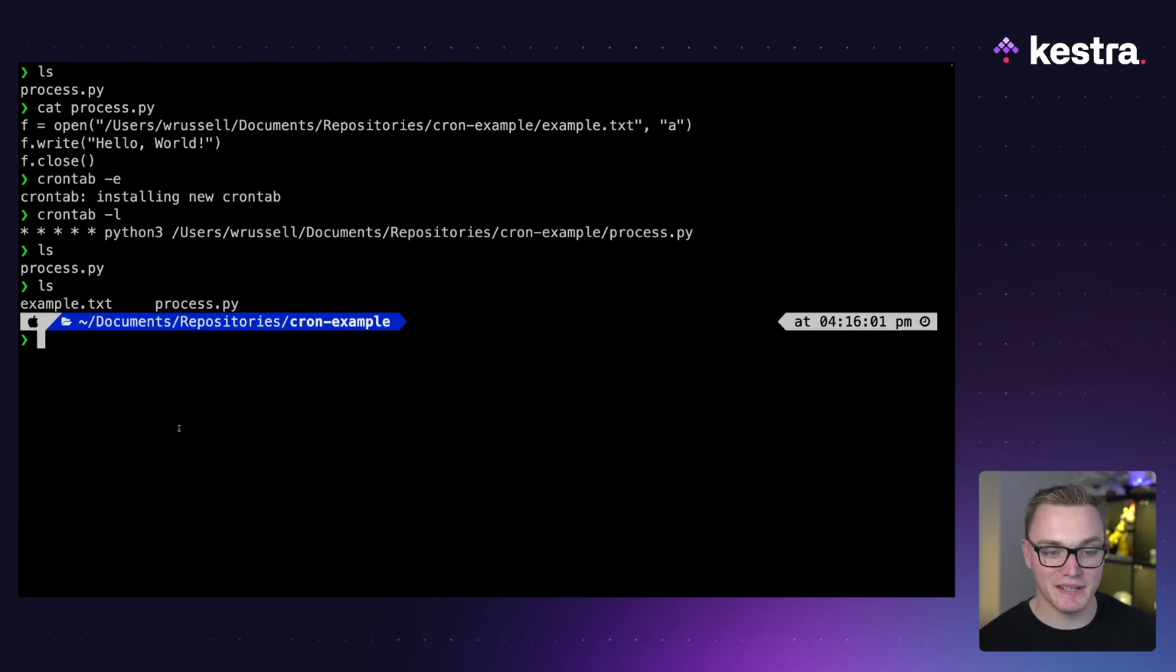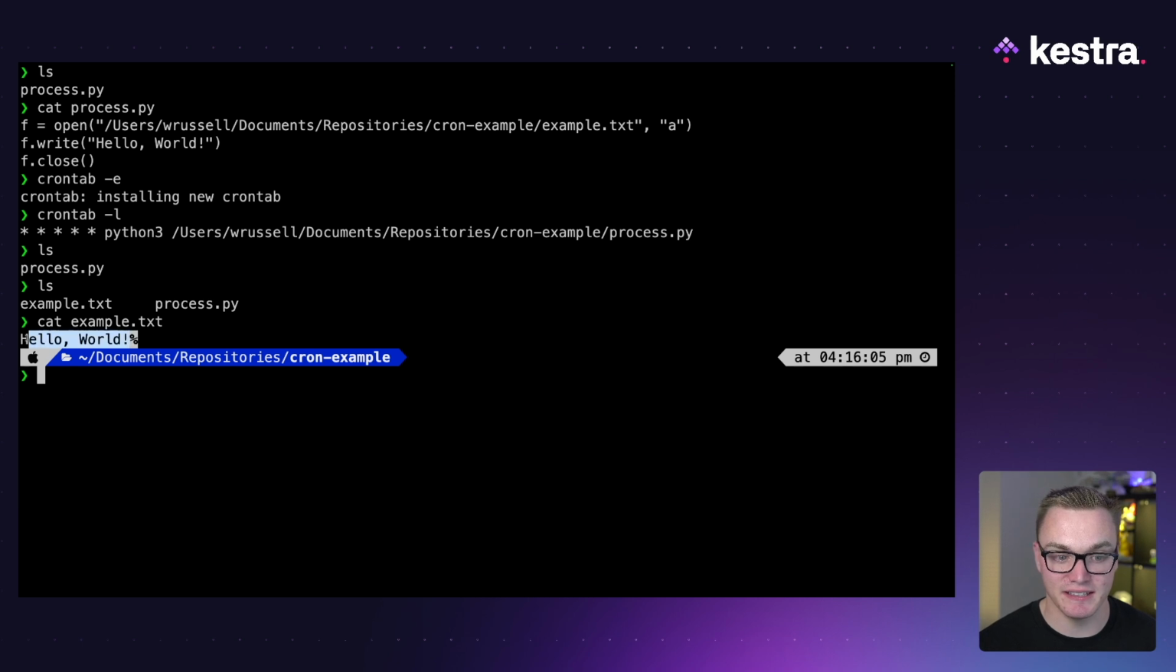And just like that, we can see the file. I can simply just cat it, and we can see that it did in fact write hello world. This is really useful and really easy to set up, but it is not flawless. Now, for example, it's kind of difficult to be able to see what jobs you have, when they're going to